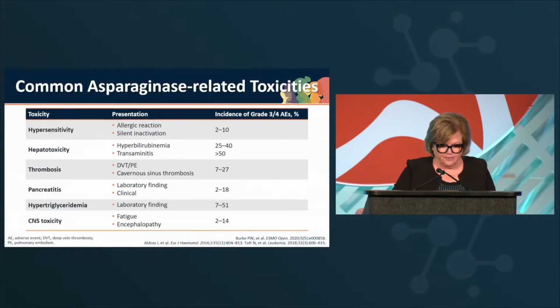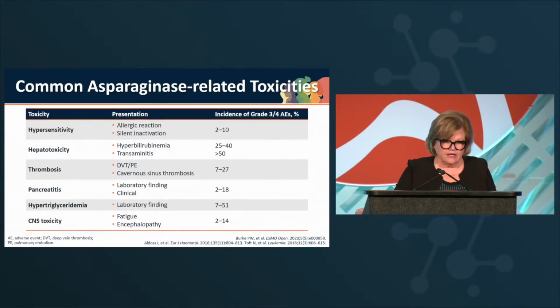We'll see their bilirubin go up as well as their liver enzymes. And we know that the incidence of having your liver enzymes go up is pretty significant. Incidence of grade 3 to 4 is greater than 50%. We'll have some hyperbilirubinemia. And then we know that thrombosis can also be an issue, with deep vein thrombosis or sinus thrombosis, which can occur. Pancreatitis, looking at your lipase, amylase,